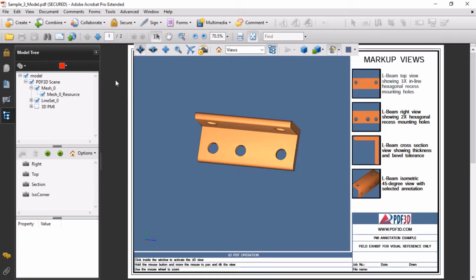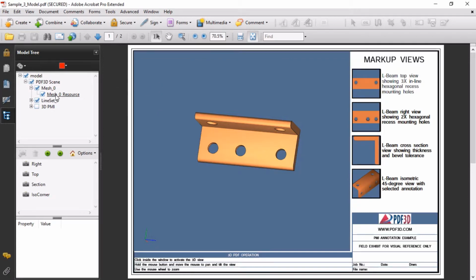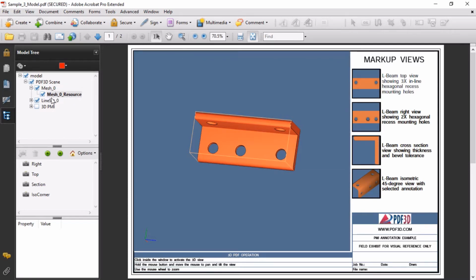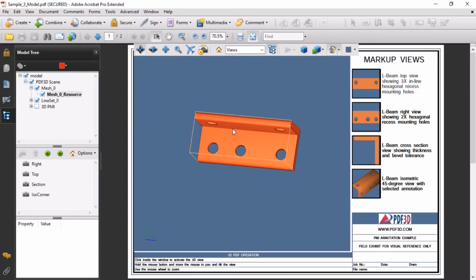This works in reverse as well. If I know what my part name is, but I don't know where it's at in the model on the right, all I do is left click on it. Notice that the part name has become bold and gray, and on the right side my part has become the red color again, and it has the bounding box around it. This works for all pieces of